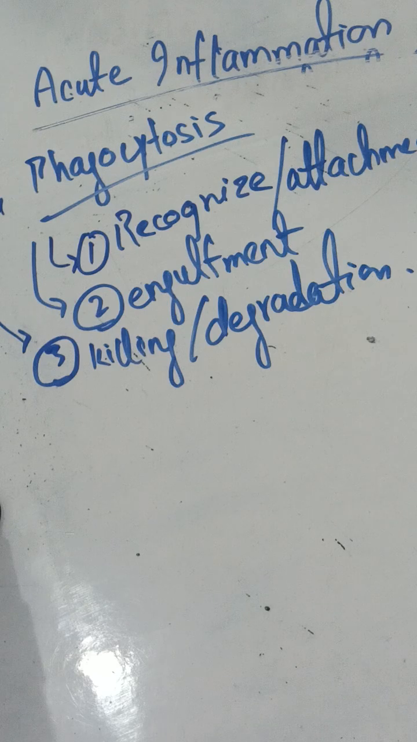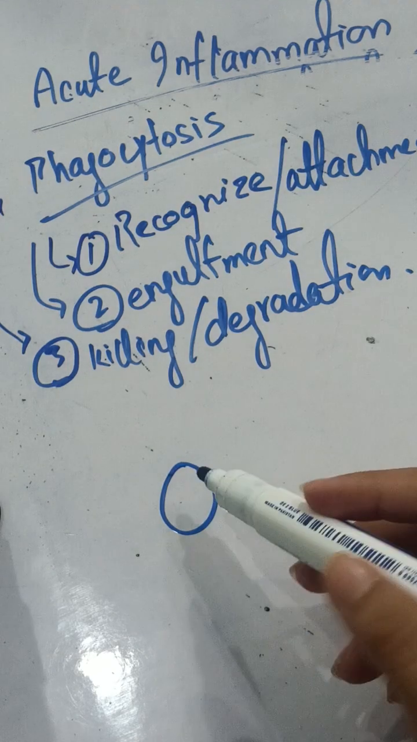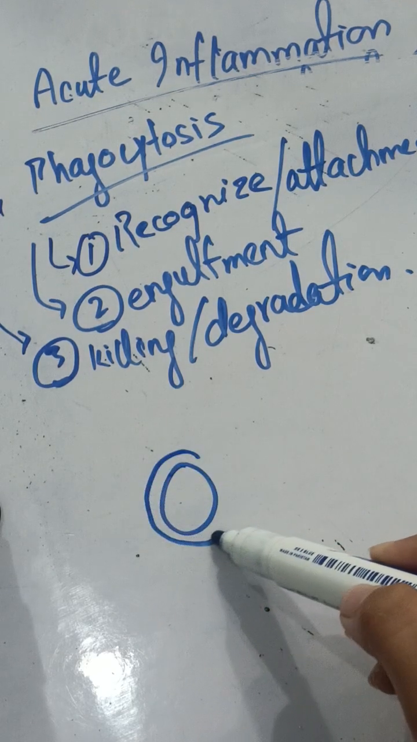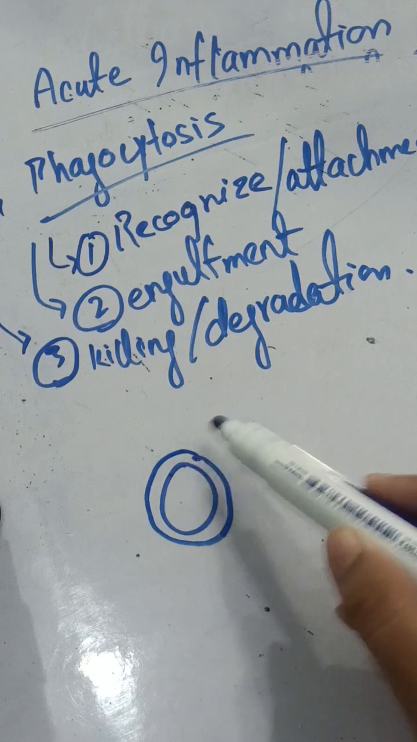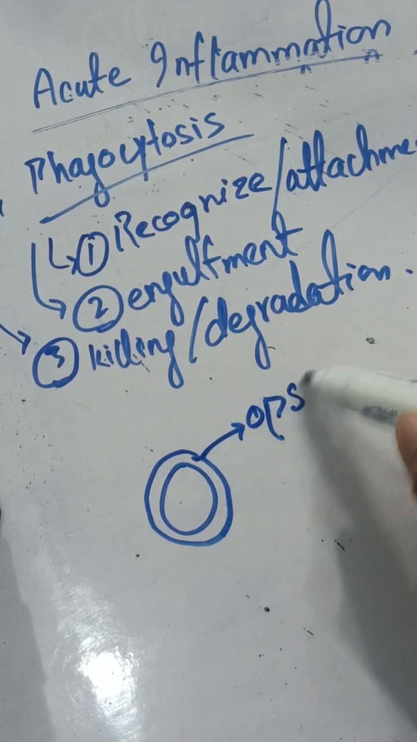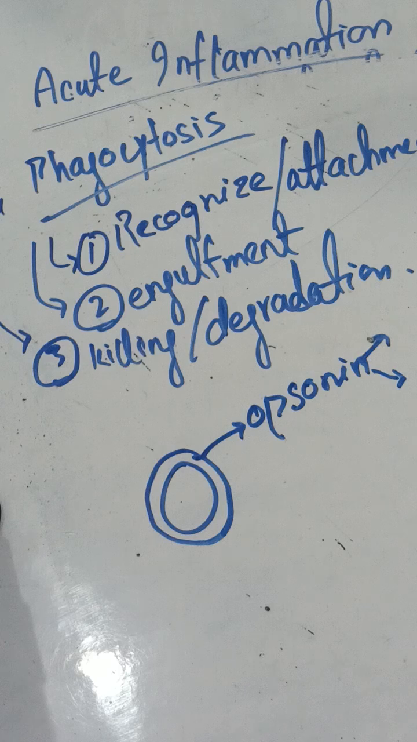First of all, how will it recognize it? This is your microbe. This microbe is attached with opsonin. Opsonin covers this microbe. This opsonin can be some complement proteins or an IgE antibody. The function of the opsonin is that it will, you know,